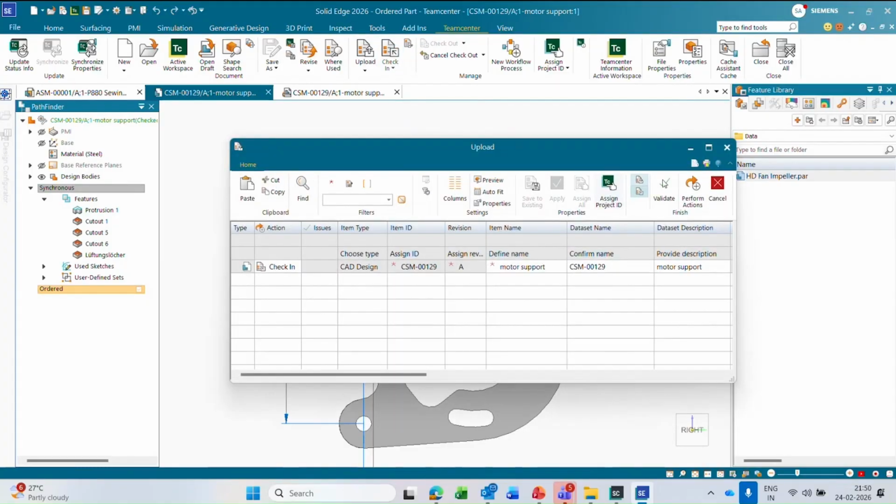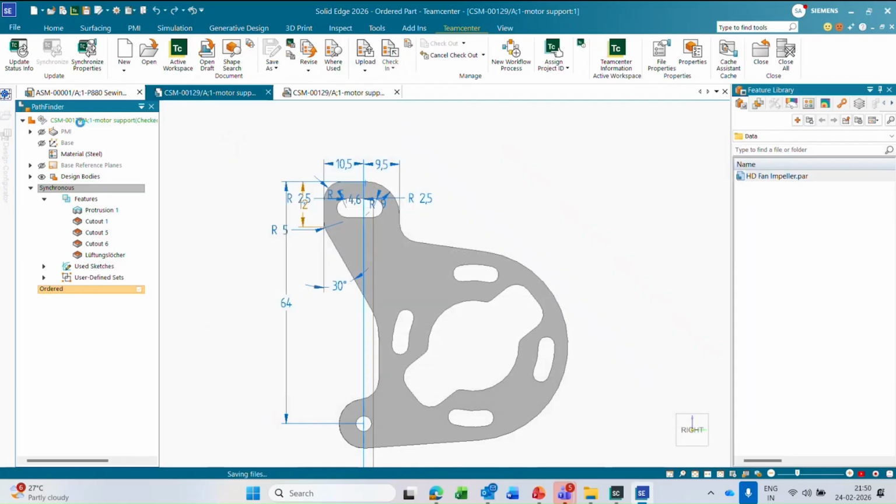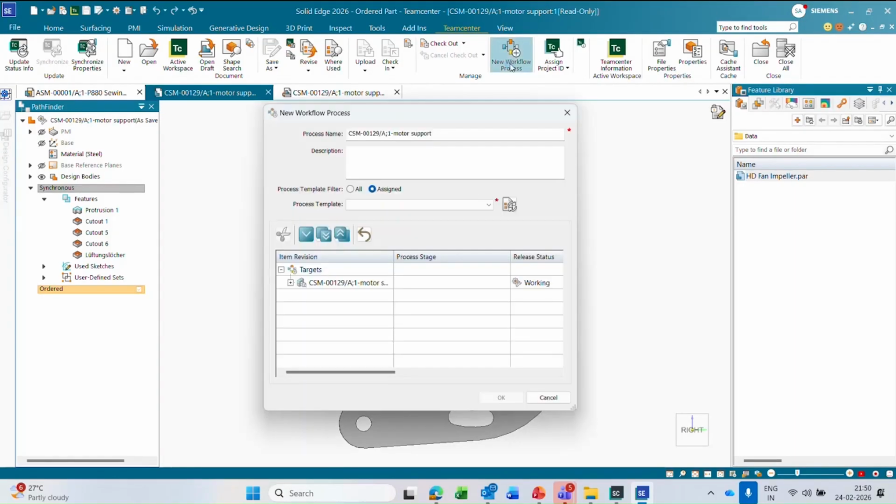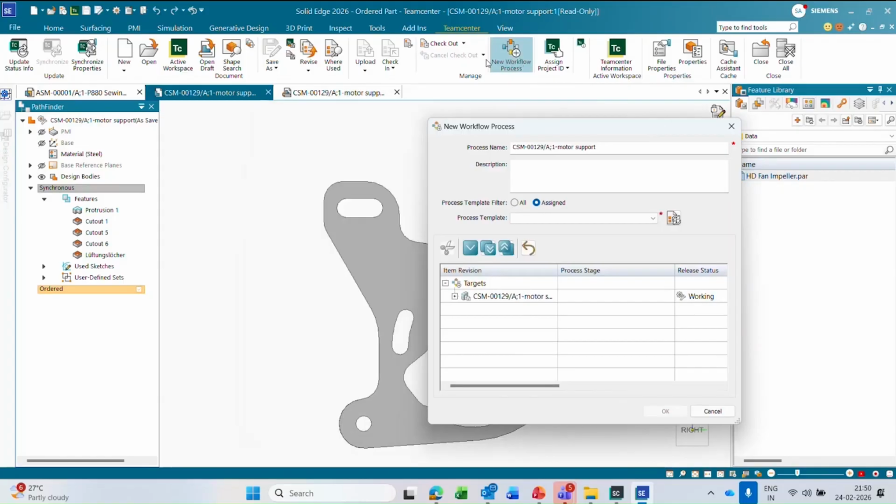So presently it is checked out. When I perform check-in, it basically uploads that part as well as checks in that part. So once that is checked in, I can perform the release step here. If the item revision, that is the CAD design revision, is checked out, in that case it will not allow you to release the item revision. So for release, we are going to use the new workflow process where I'm going to use the default templates which are available here. So that is the design release process,